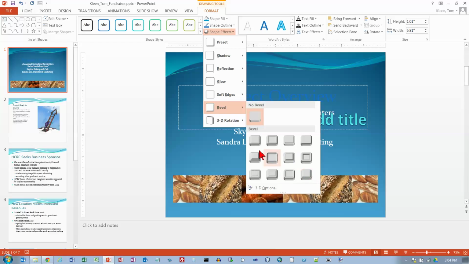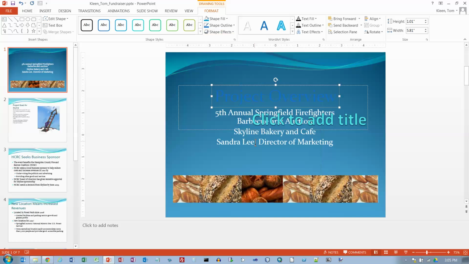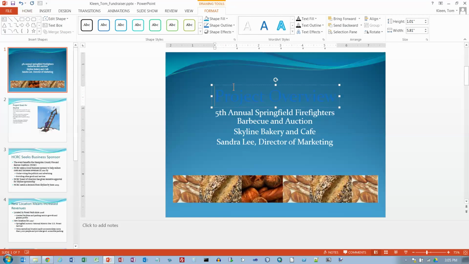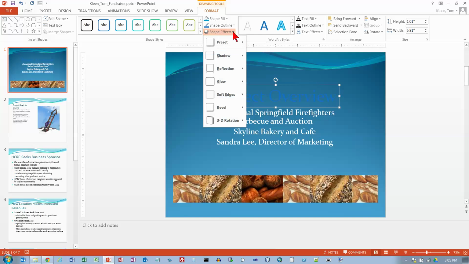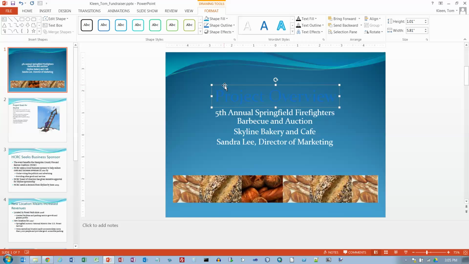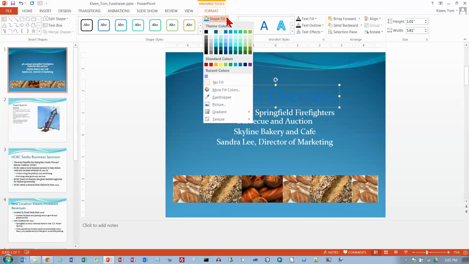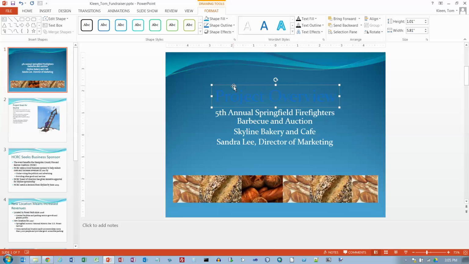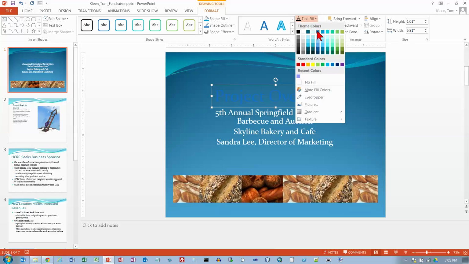And plastic bevel is not an option either, so this is a little worse than I thought it was going to be. Let's get rid of this. And on this one, I want reflection, and that one should be an option. We'll do a little reflection here. The color is not really good, so let's do a shape fill. And not a shape fill. Sorry about that. We want a text fill, and it is blue accent 1,